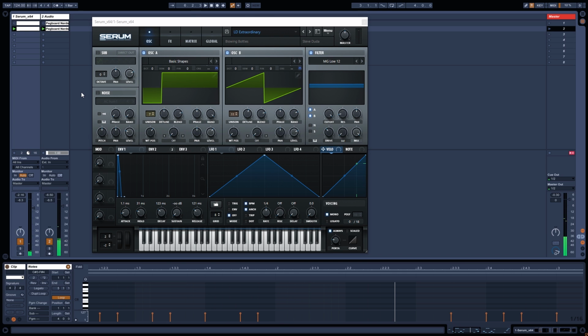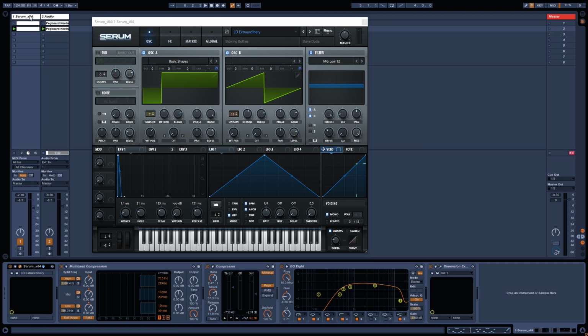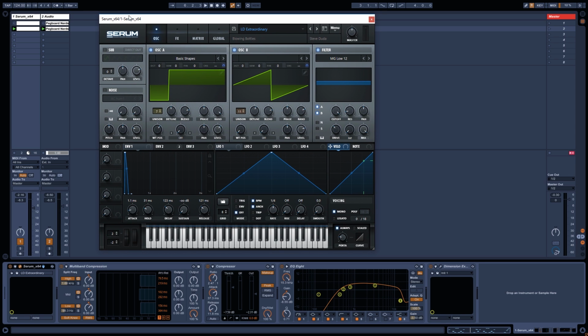So yeah, that's the lead. It's pretty close to the original thing. Maybe the EQing or maybe the reverb isn't exactly the same, but I mean, it's really hard to tell the difference. So yeah, basically it's the basic Serum patch, which I'll be showing you guys now, and then just 3 really basic audio effects, so multiband compression, and EQ8, which literally every DAW I think has, and then a dimension